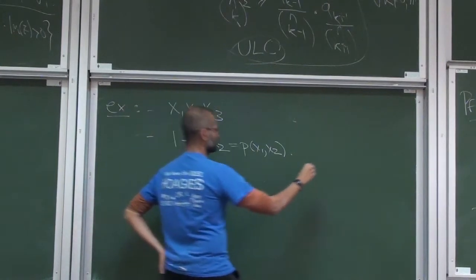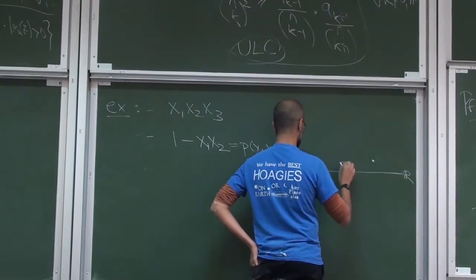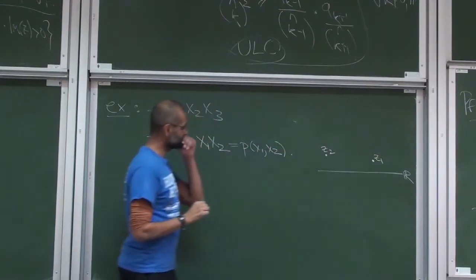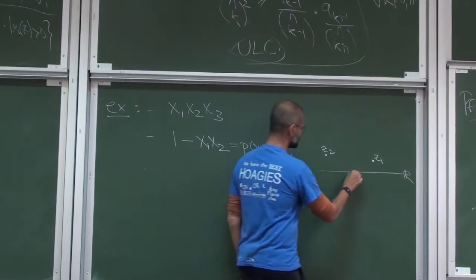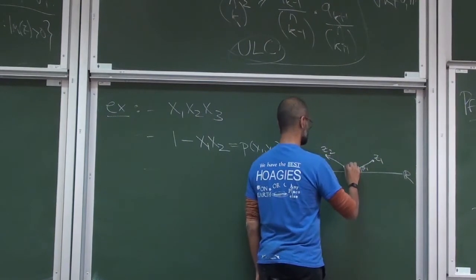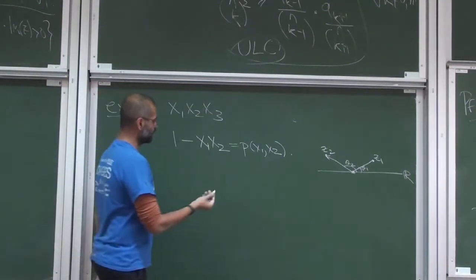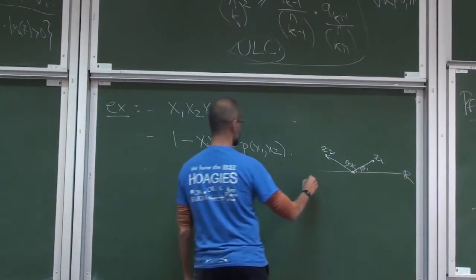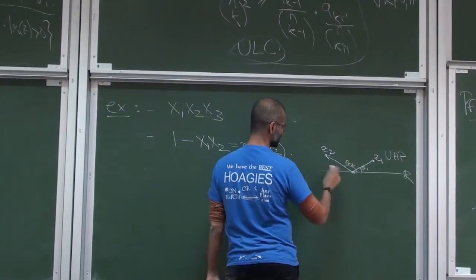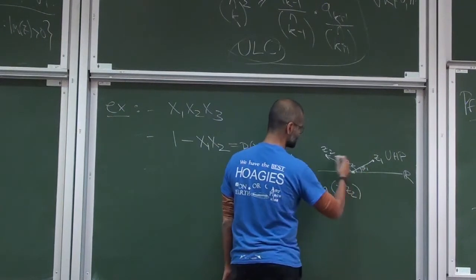Okay. So now, this is the complex plane, this is a real line. Suppose I have two complex numbers in the upper half plane, z1 and z2. So their argument is going to be strictly between 0 and pi. Right? So we have theta 1 and theta 2. And so now, if I multiply these numbers, so this is the upper half plane. If I multiply these numbers, the arguments are going to add up. And what I get is that the argument of z1 z2, which is going to be the sum of these angles,